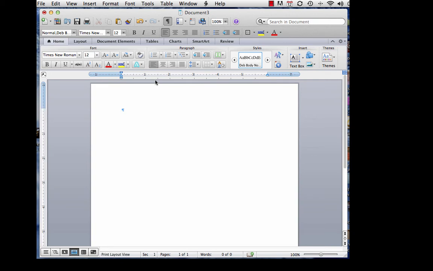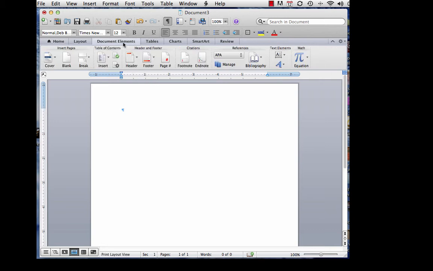The next thing that you have to do is insert a running head in your paper. In MLA, your running head appears in the upper right corner, and it is your last name and the page number. Now, depending on the version of Word that you're using, you will need to find exactly where this command is. In the version I use, it's on Document Elements. And what you want to look for is page number, not header,